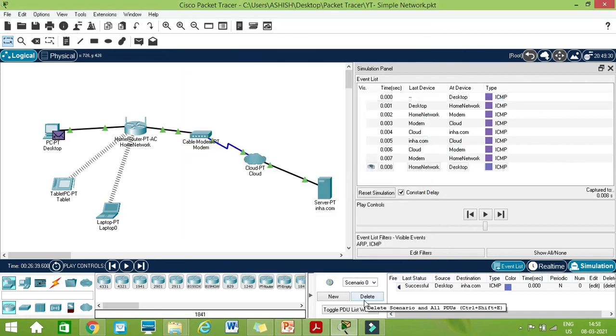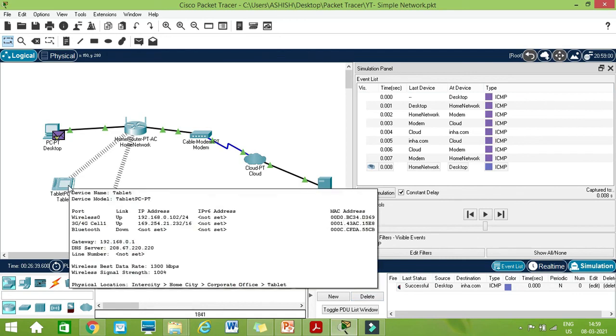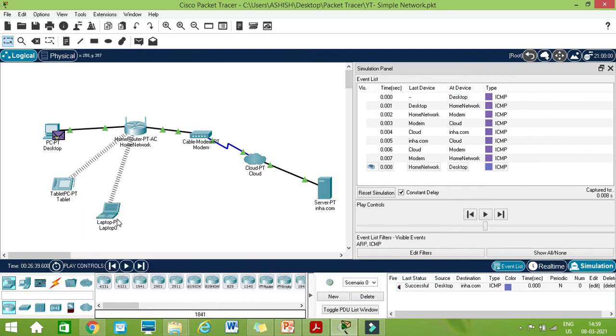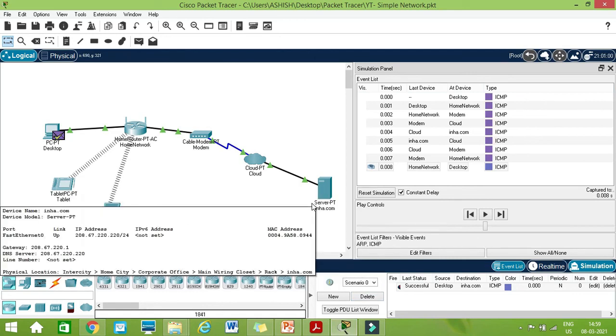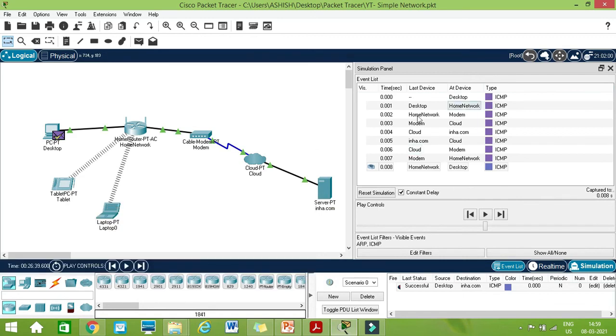One more thing: as I said, when you use the PDU, we are actually sending a ping command, and the ping command is basically an ICMP utility. So we can also demonstrate the entire process by running the ping command. For example, if I want to send a message from this laptop to the server using the ping command, then also we can have a look at this kind of simulation panel. We can have a look at how the